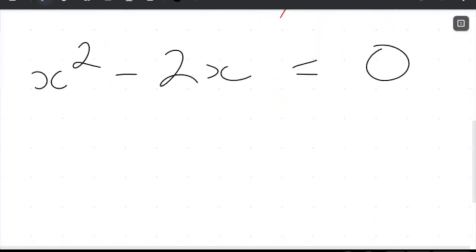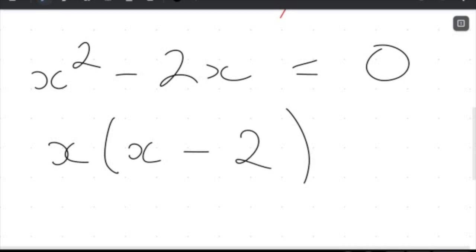And now I can see this is actually a bit of an easier one to solve. I can just pull out an x as a common factor in both of these terms, and x goes into x squared x times when I factorize this, and it goes into negative 2x negative 2 times,